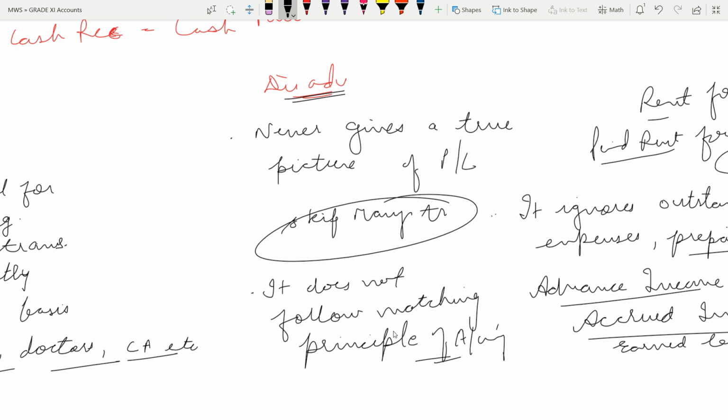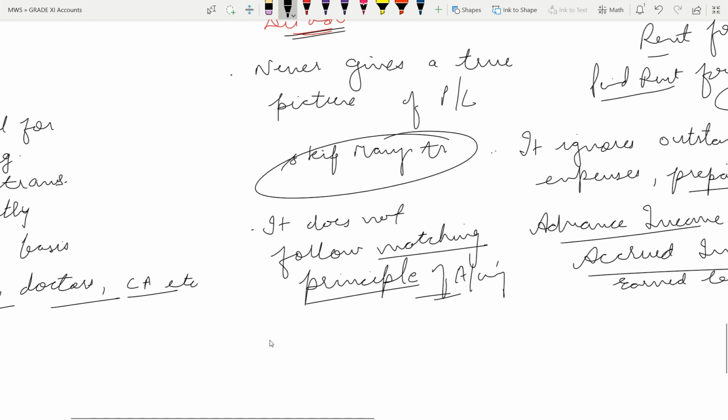What is this matching principle? Do you remember? Just read out the matching principle from chapter number 3 if you don't remember. You should know this if you have done the chapter. So it does not follow matching principle of accounting, and moreover,